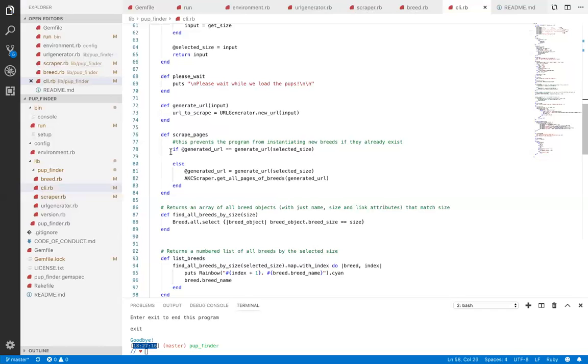So if the user enters tiny, they get more information about tiny dogs, they go back to the main menu and they enter tiny again. We don't want to re-scrape all of the tiny breeds because we should already have them. So essentially we have this if-else statement. We say if the generated URL, which is our instance variable, is equal to generate URL selected size, so basically if this already exists,